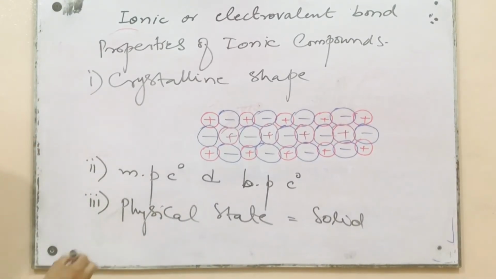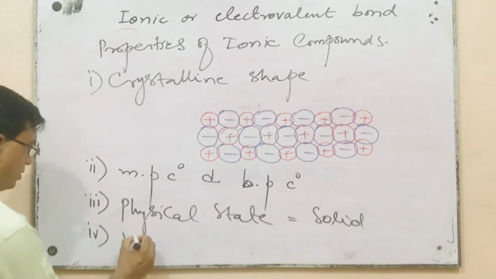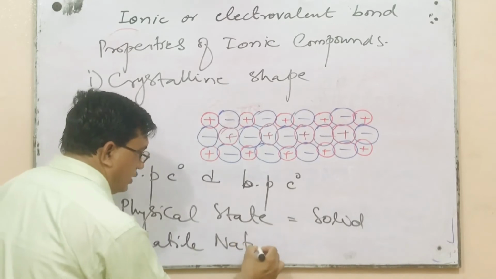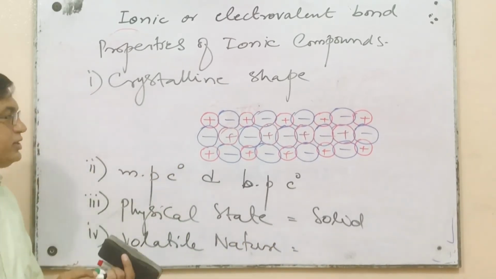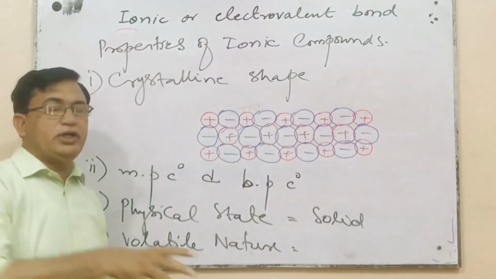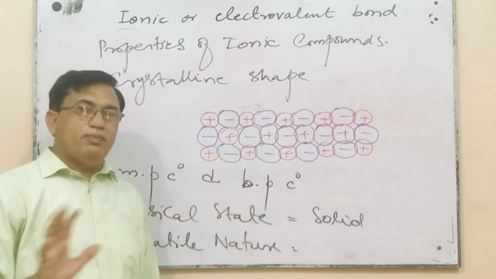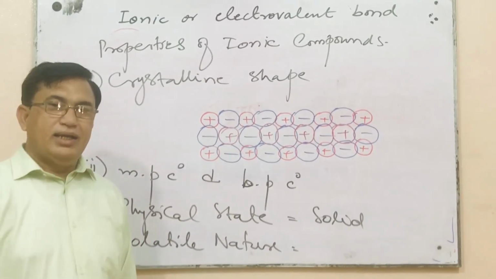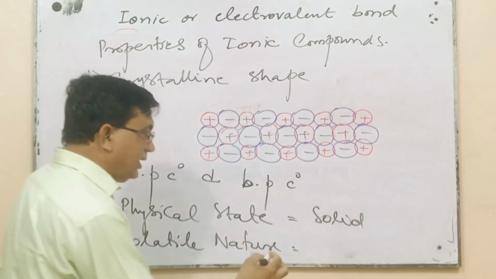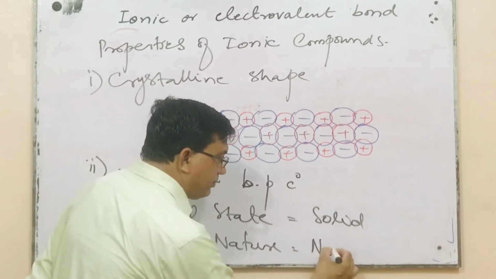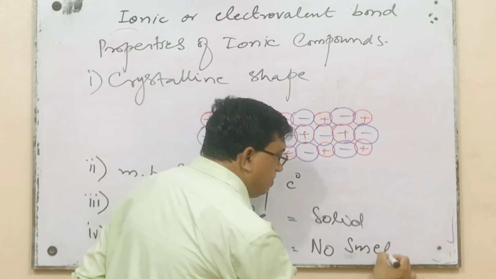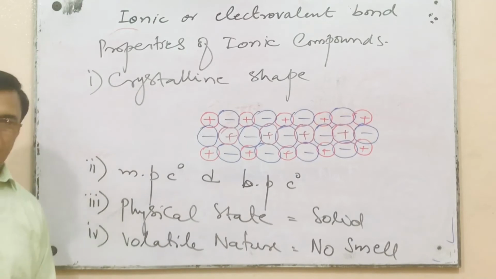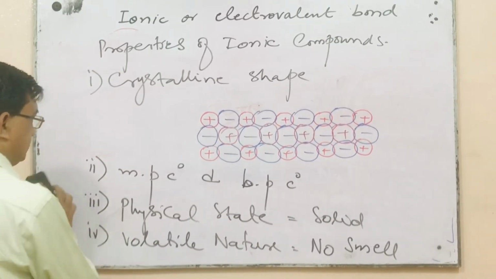Now, volatile nature. Due to the strong electrostatic force of attraction, cation and anion cannot leave their respective position, so they are non-volatile. That's why they have no smell. Due to non-volatile nature, they have no smell. Next is